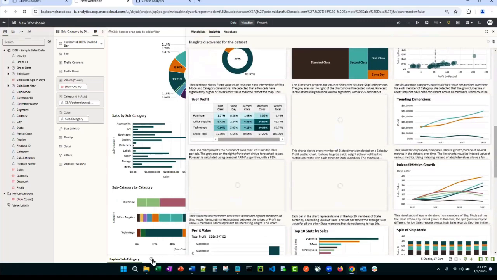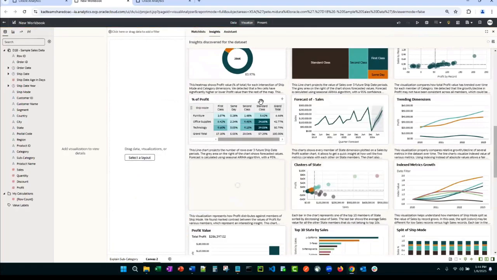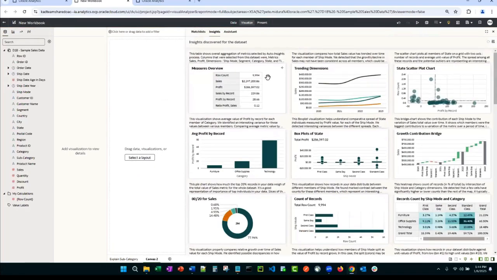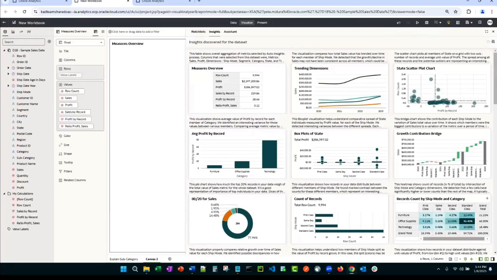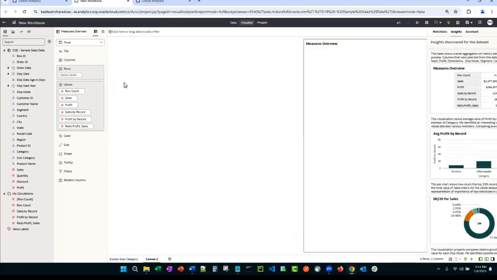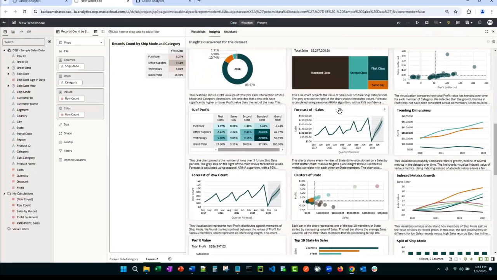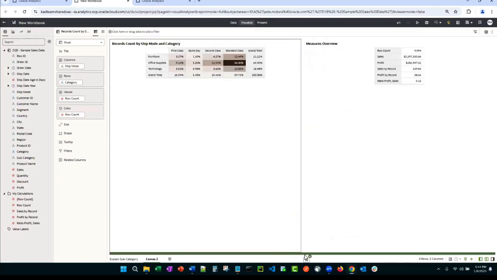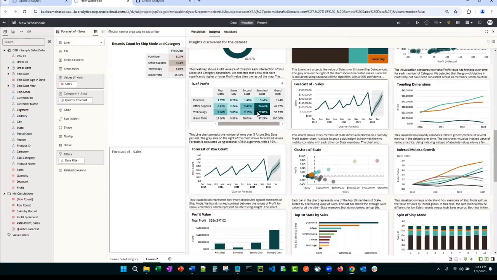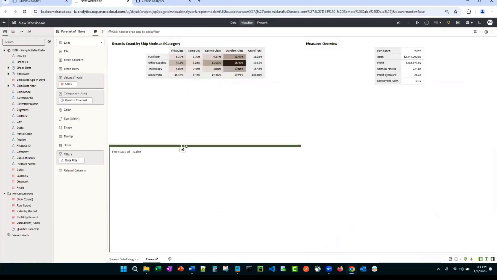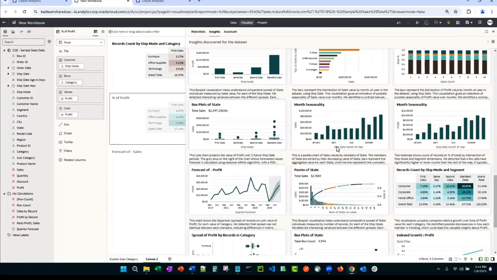Now I'm going to create a new canvas, which is the equivalent of a dashboard page. And when you see a visualization you like, you can just hit the plus sign and add it to your canvas. Or if you really want to place it somewhere specific on the canvas, you can actually drag it, and I want it over here. And as you continue to see these, I'll take a forecast. You can actually create forecasts for you. I'll take this chart looking at profit, and